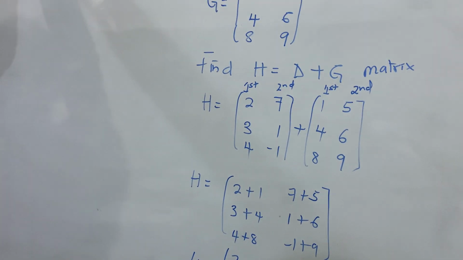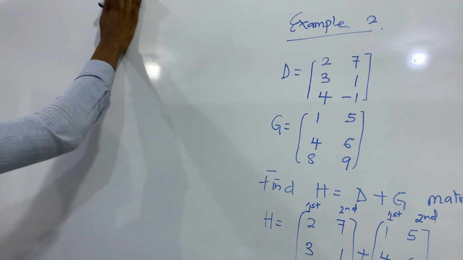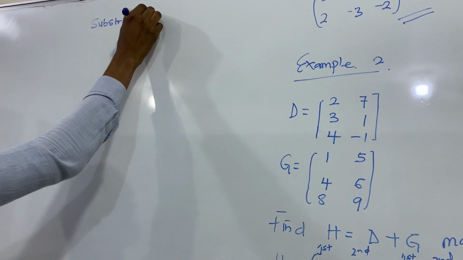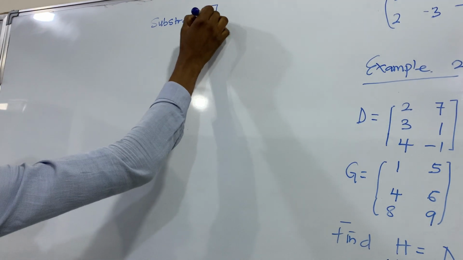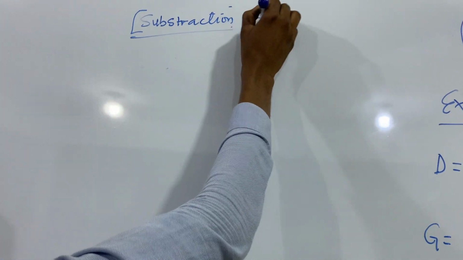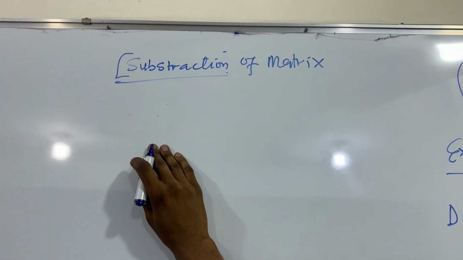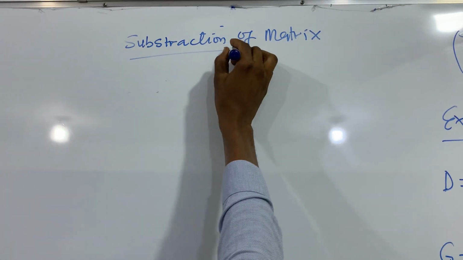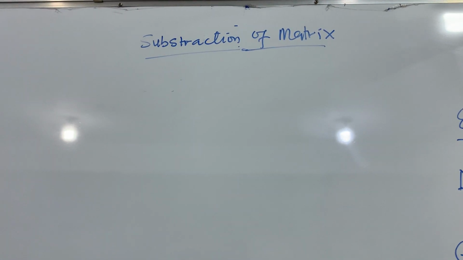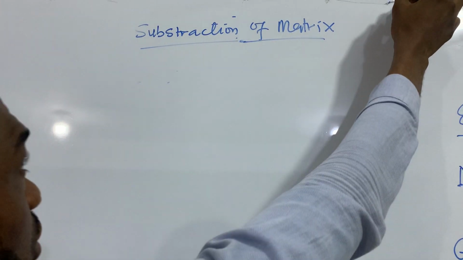The second operator we'll learn today is the subtraction operator. Subtraction of matrix. So let's talk about the subtraction of matrix. So how do we subtract matrix mathematically? So we say,